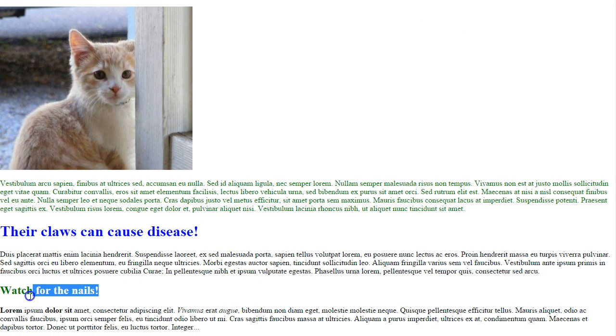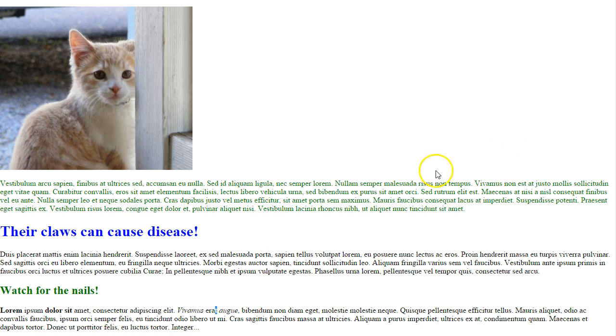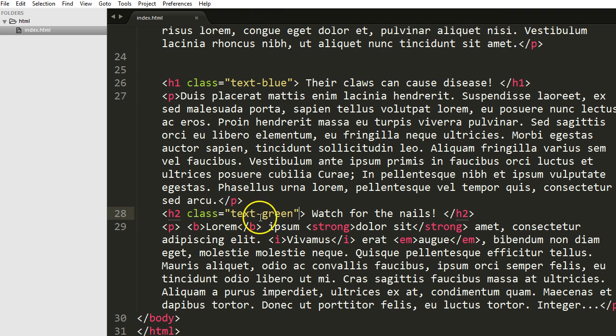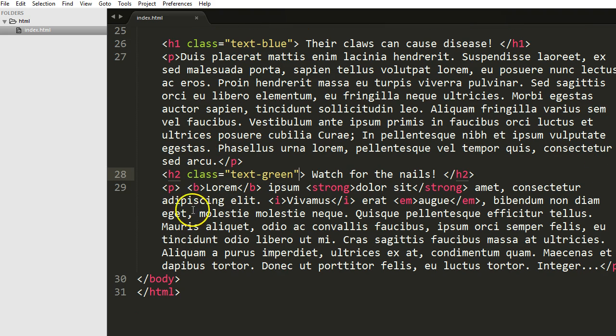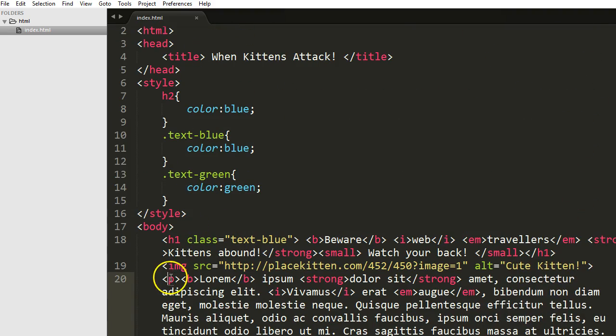Their claws can cause disease. Watch for their nails. And you can just copy and paste this, or you can just type in whatever you want. And then what I want you to do is make all of the P elements, their font size to be